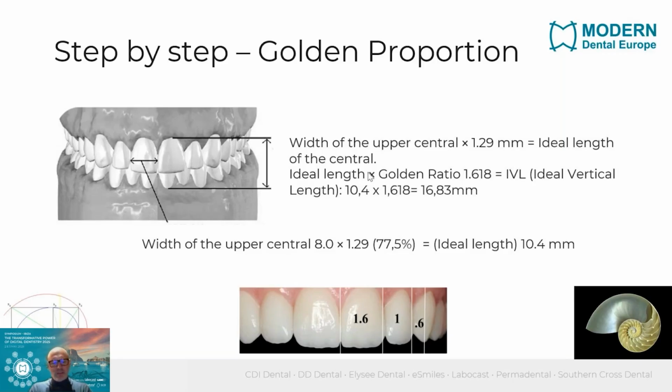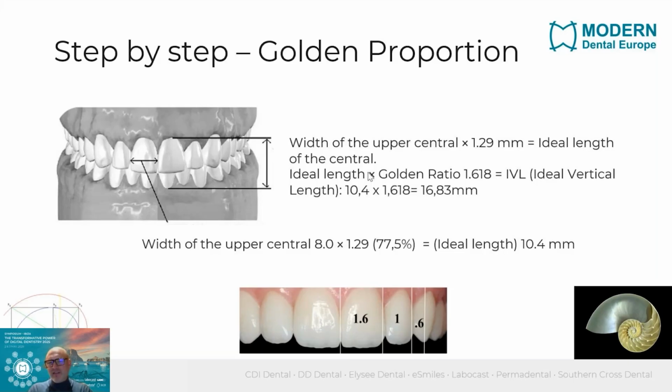And then of course it's all about measurements and rules and symmetry and proportions. If you have this abrasion, worn dentition, we still have a good view on the width of the teeth, and then normally the width is between 75 and 80% of the height, of the length. So like this we can calculate the ideal length of the central incisor, which is in this case then 10.4, and then for the ideal vertical